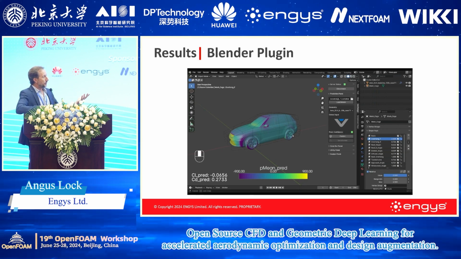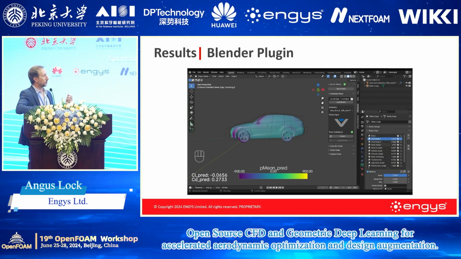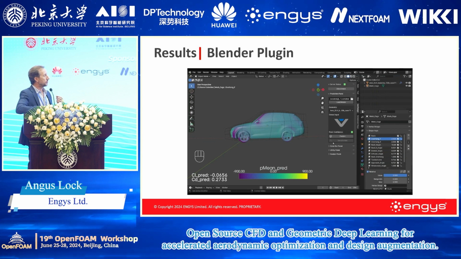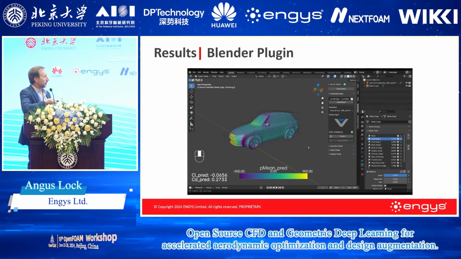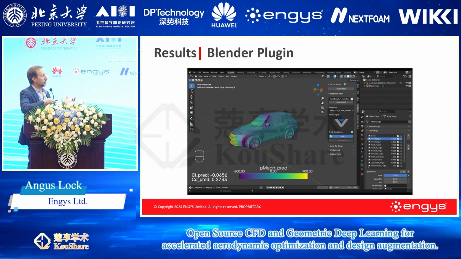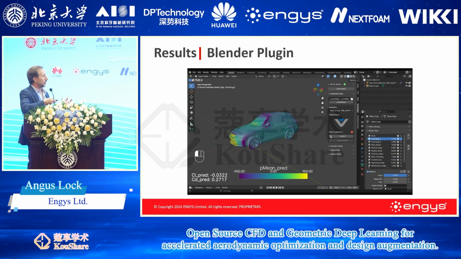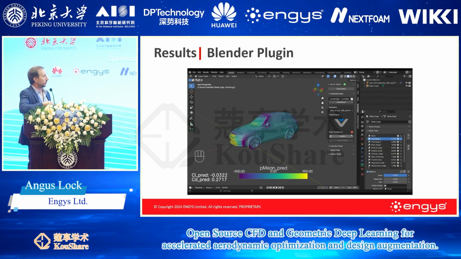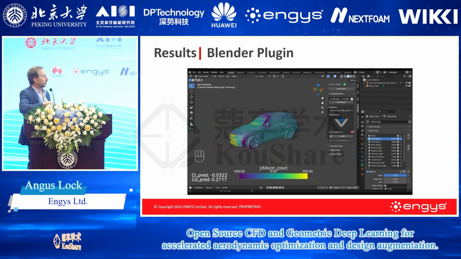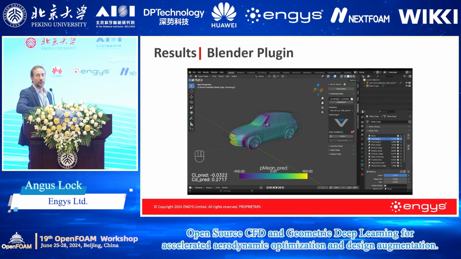So here we are making some bigger changes, and this is really to illustrate the fact that not only do we give predictions, but we can also look at the confidence of those predictions. And so if you keep your eye on this area over here, we've made changes that are bigger than the original training data set. It will still give us a prediction of force, and it will still give us a prediction of the flow field around the vehicle, but it also gives us a warning that we're outside the area of parametric space that it's confident in.